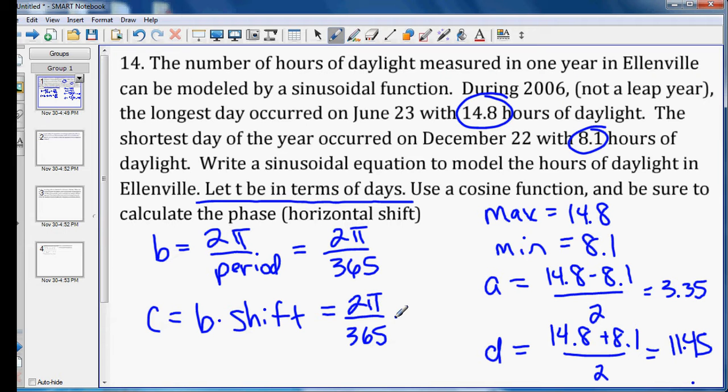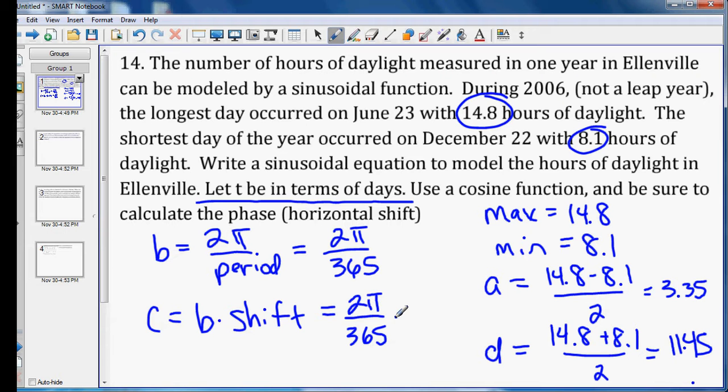To me, it's simpler to just shift backwards to December 22nd. So you can kind of think of midnight on New Year's Eve or New Year's Day, however you want to think about it, the transition there as the time 0. So if we're transitioning back to December 22nd, then we could say December 31st, that's 1 day back. The 30th is 2 days back. The 29th is 3, 28th is 4, 27th 5, 26th 6, 25th 7th, 24th 8th, 23rd 9th,